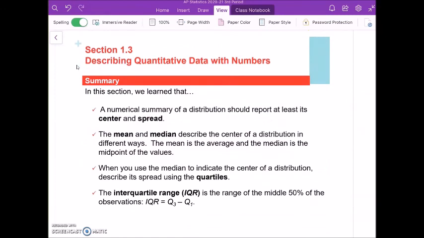Okay, so that's it for 1.3. Definitely go back and read this chapter. You'll want to use it to complete your